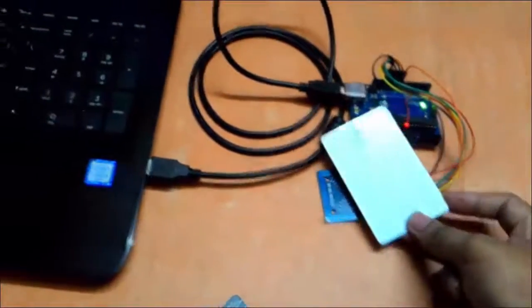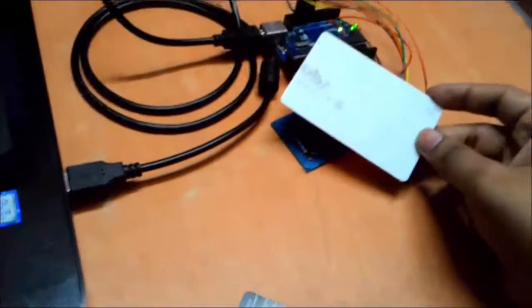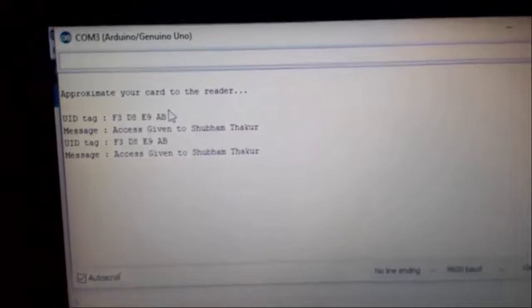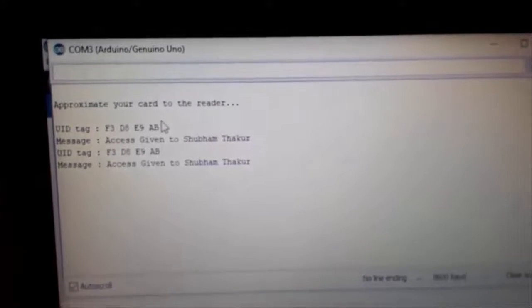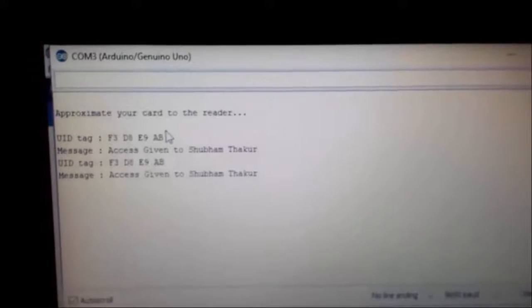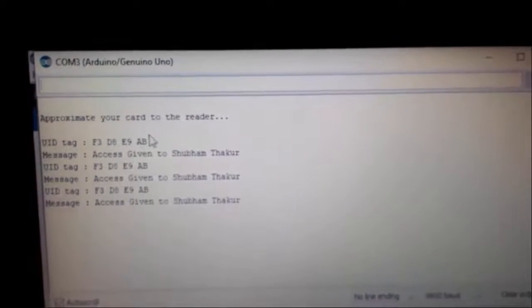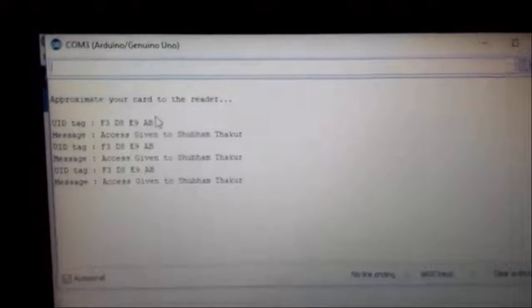This is the first RFID tag that we are going to approximate to the RFID tag reader. As soon as we place this card near the RFID tag reader, the serial monitor shows access given to the individual. If I again place the card near the RFID tag reader, it will show the unique identification number of the tag and access given to the individual.